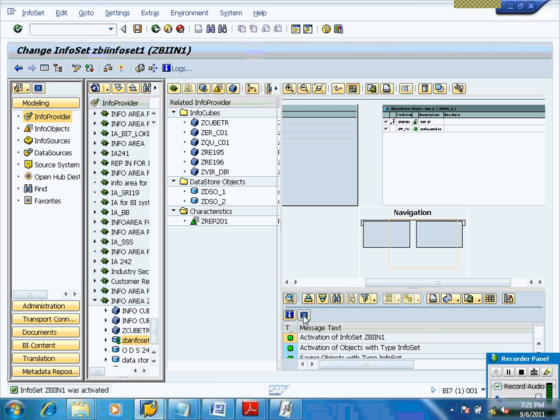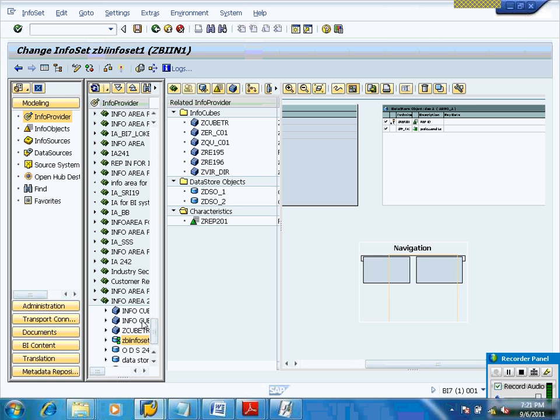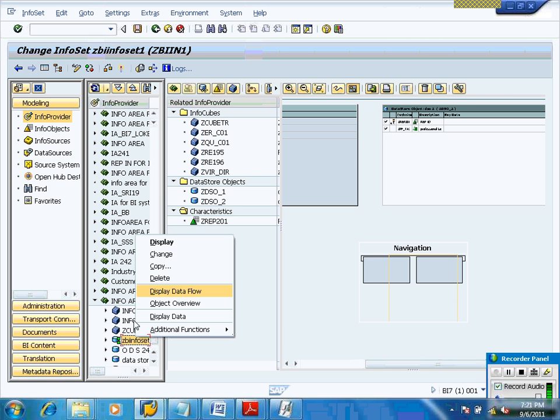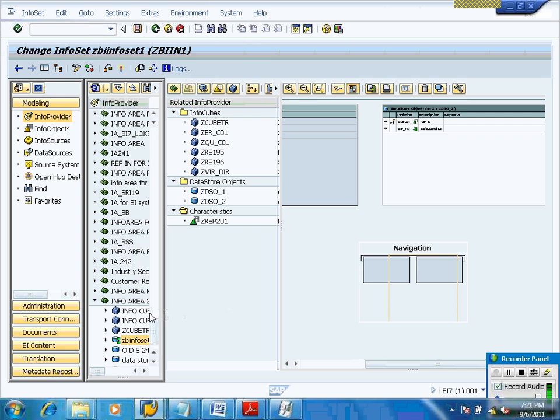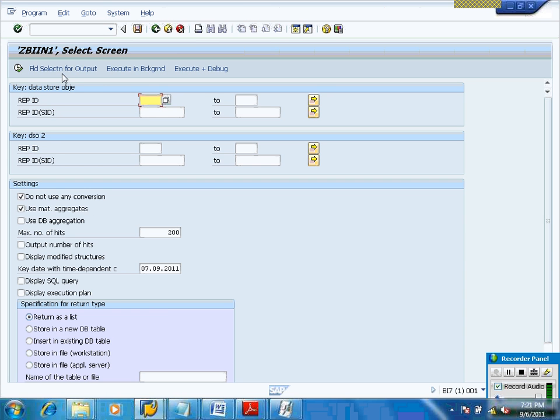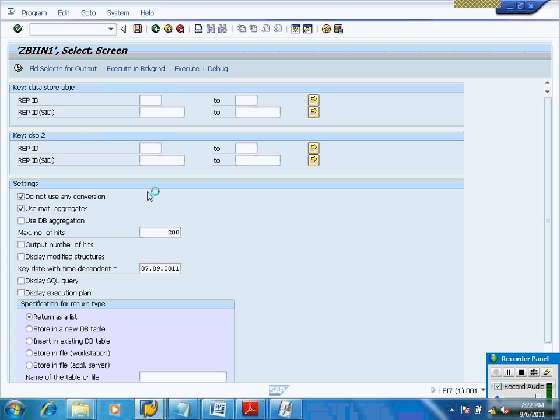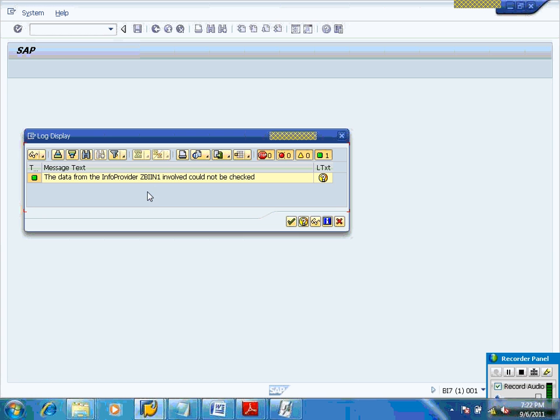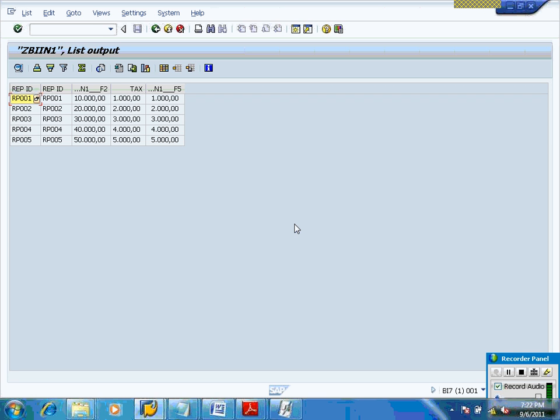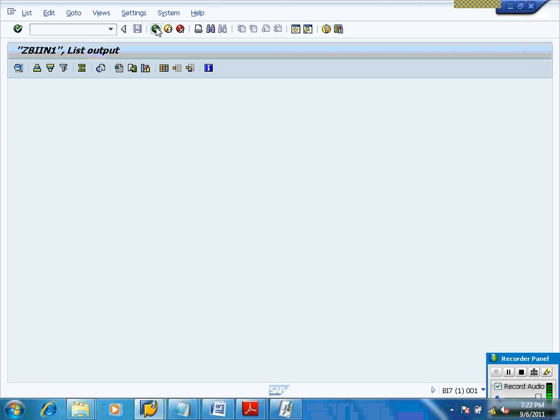It is activated. Close this one. Now right click this one and click on display data. And see selections for output. You are getting same information. That's fine. Come back.